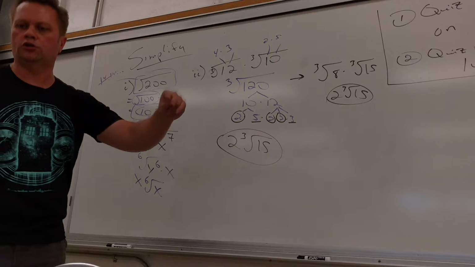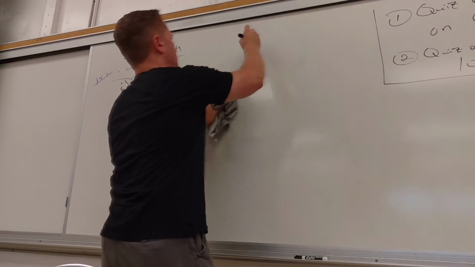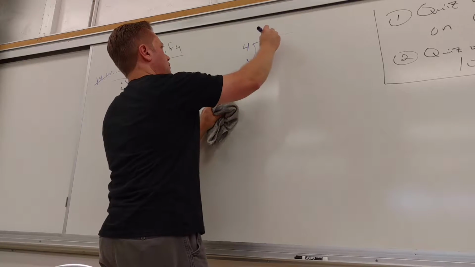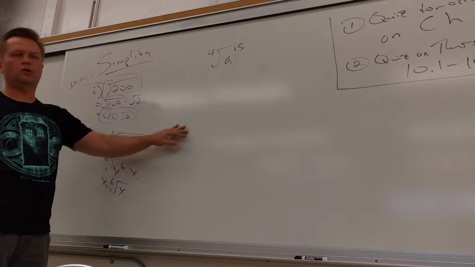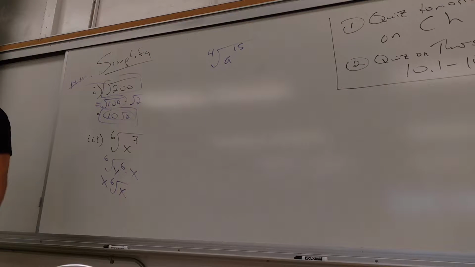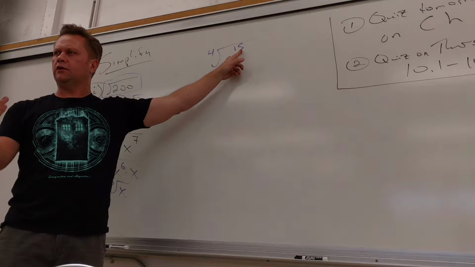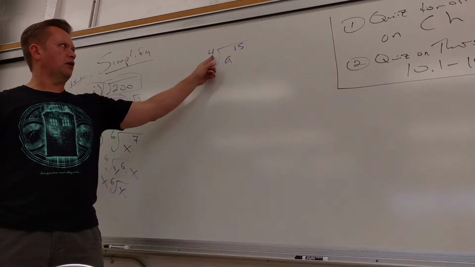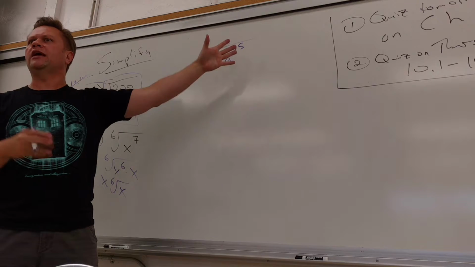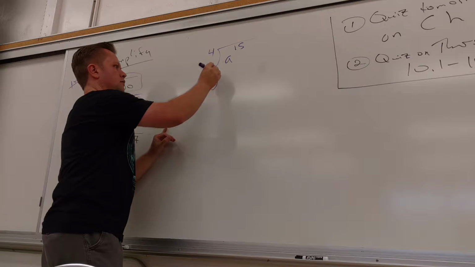Let's do another one. So what about the 4th root of a to the 15th? No. So desperately not. How many extra a's are there? What number would be good to put here that's lower than 15? What number is a better number? Why would 12 be better? Because I can break 12 up into 4 parts. So how many extra a's are there? 3. So can't I write this as